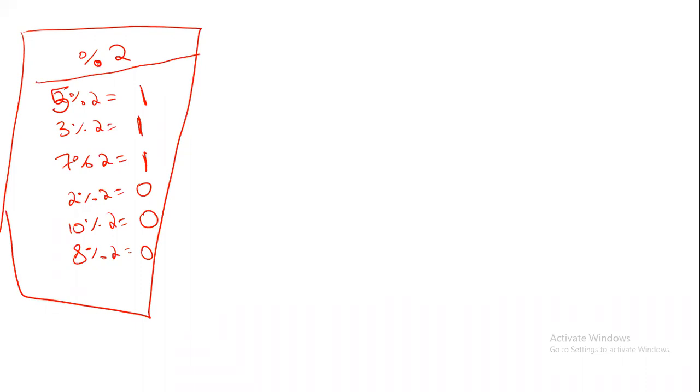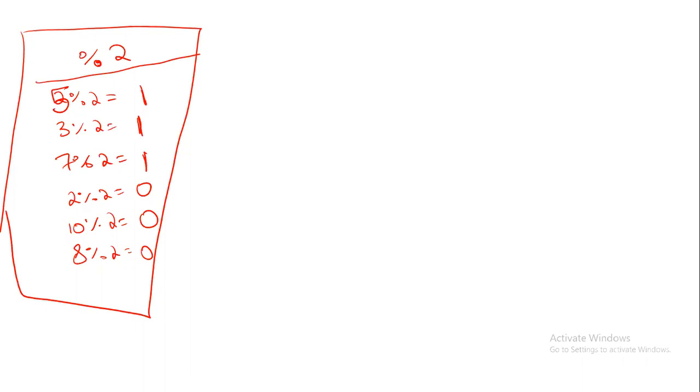Always remember in programming, this is also important here. I hope most, 95% of you guys, already knew it, but it's my duty to dictate it once again. Odd number mod 2 is 1, even number mod 2 is 0. So if you want to know whether a given number is odd or even, what you have to do is mod 2. After doing mod 2, if the answer is 0, the number is even. If it is 1, the given number is odd. Okay, that is fine. This was about mod 2.